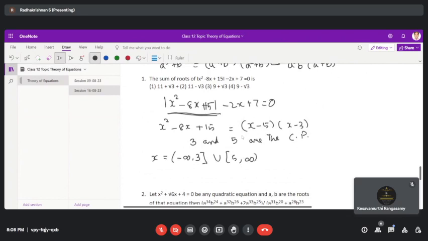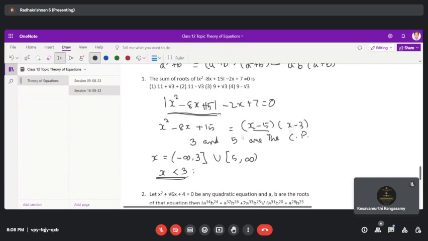So when x is less than 3, or let's see, each range we'll put, so not confusing. Let's say x is less than 3 is your first range. When x is less than 3,